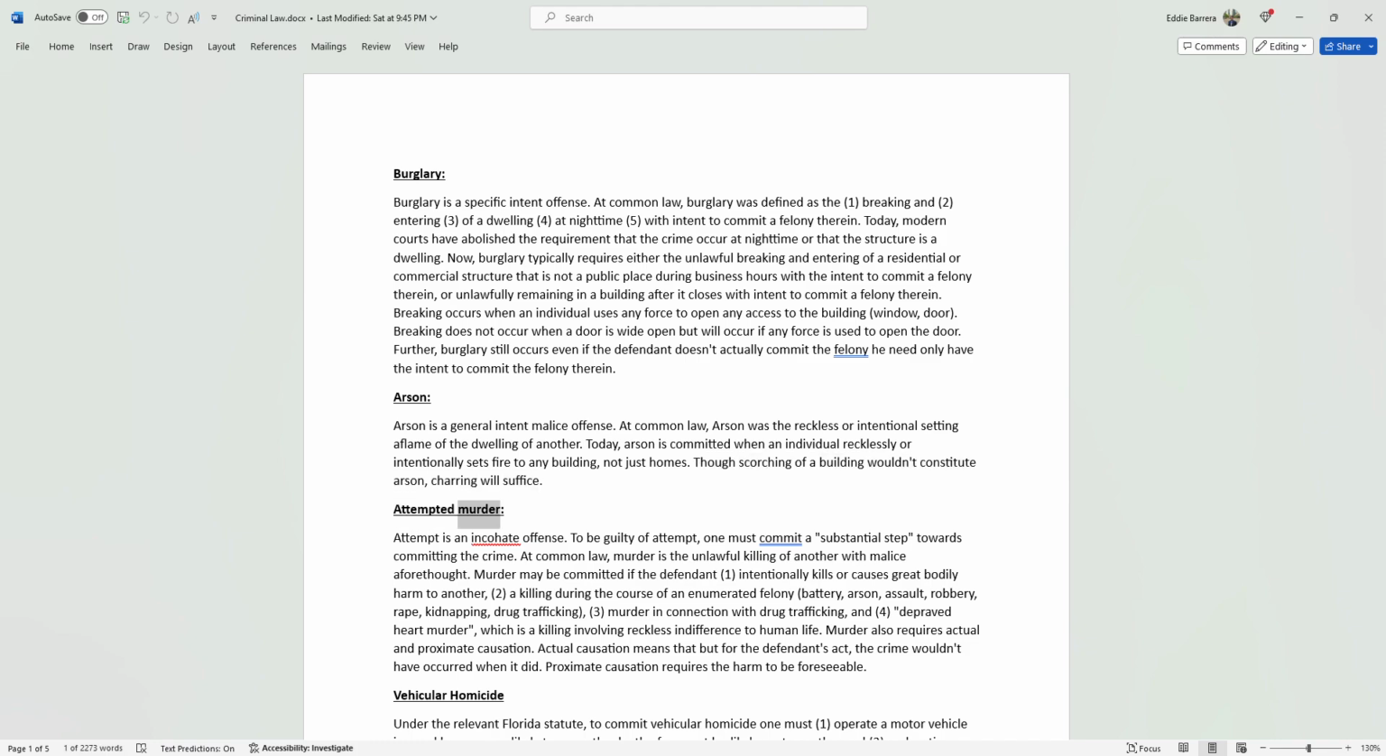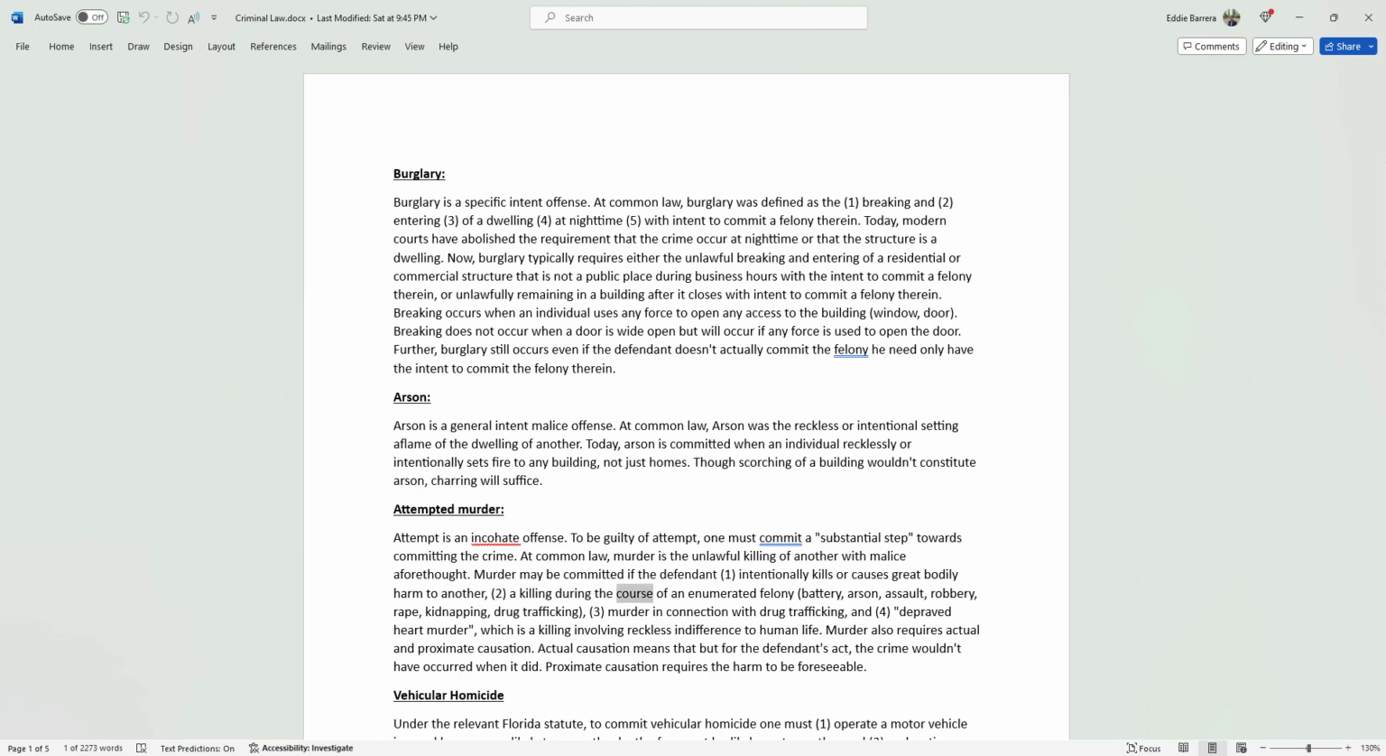Attempted murder. Attempt is an inchoate offense. To be guilty of attempt, one must commit a substantial step towards committing the crime. At common law, murder is the unlawful killing of another with malice aforethought. Murder may be committed if the defendant, 1. Intentionally kills or causes great bodily harm to another,